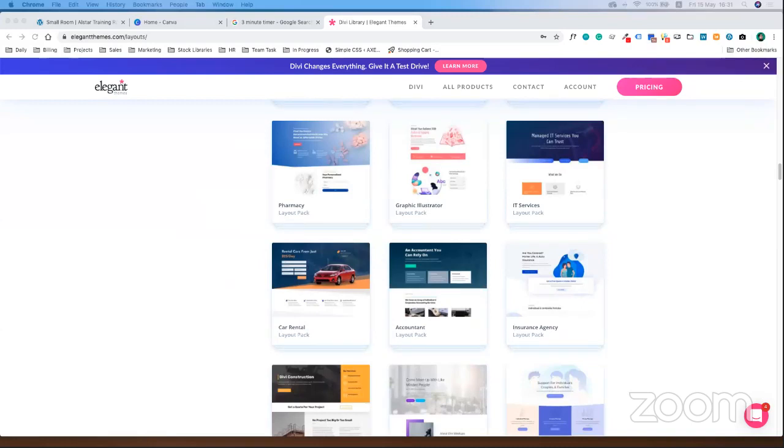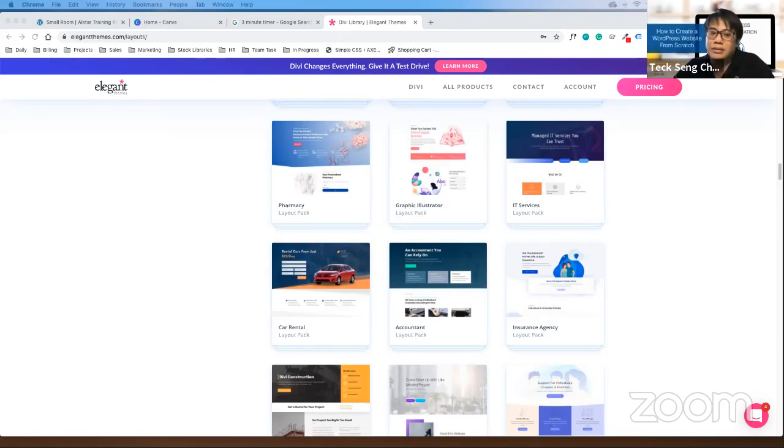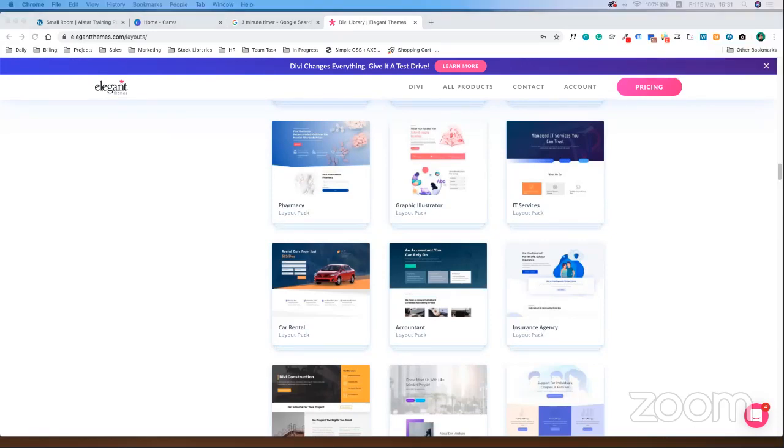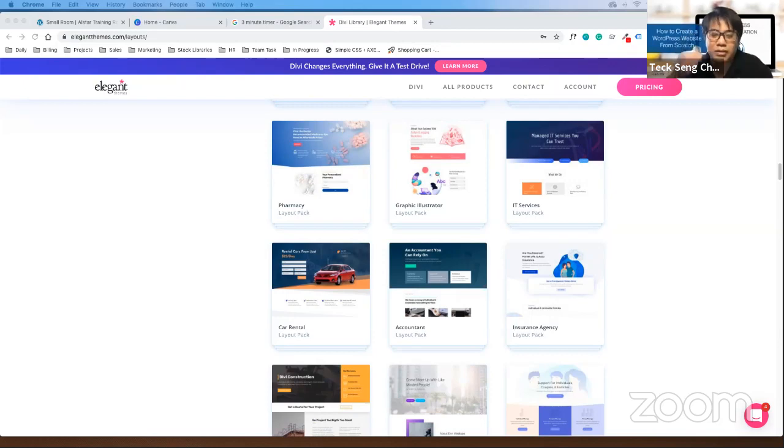The next question is from Ting Yan. My question is, if we get these templates and they do an update on the version, are we safe? Will our changes get lost?